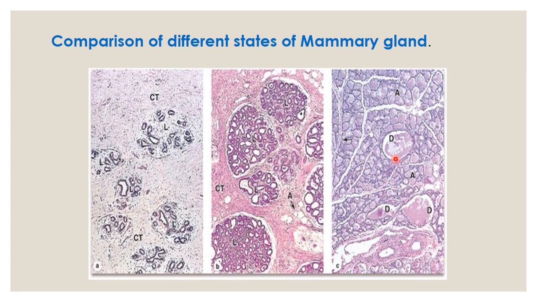Later on, in the lactating state, all the fibromuscular stroma is thinned out in the form of streaks, and the lobules are filled with a large amount of alveoli filled with secretions, and these lactiferous ducts are also dilated and filled with the secretions, that is the foremilk or the colostrum. You can clearly see it. So they are under hormonal control.